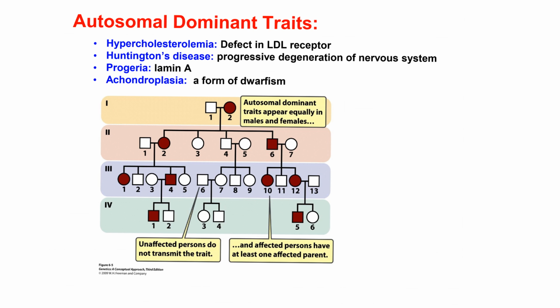And of course the father, because he is not affected, is homozygous recessive. So what is the probability that the child will be affected? It's 50%. There is a 50% probability that the child will carry the dominant allele, meaning be heterozygous, and there is a 50% chance that the child will only carry recessive alleles, so will not be